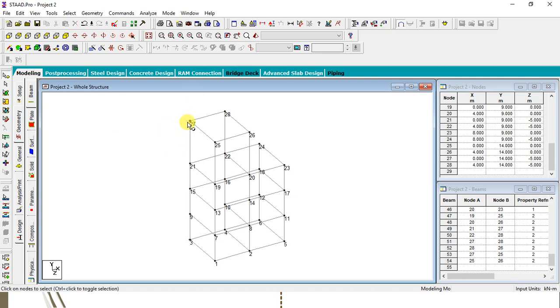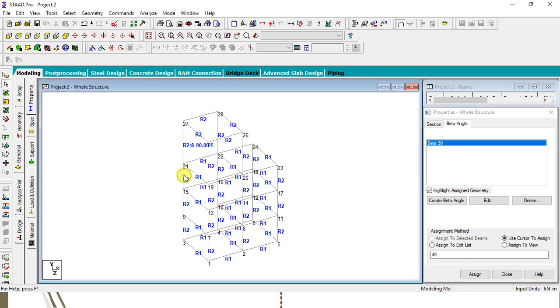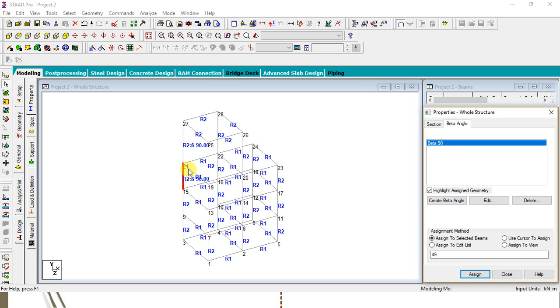Then applying to that column, selecting the beams along all that column, and here in general selecting this beta angle, considering all these sections. So here assign, yes. So this level also gets shifted, and you can see here the beta angle that will appear.